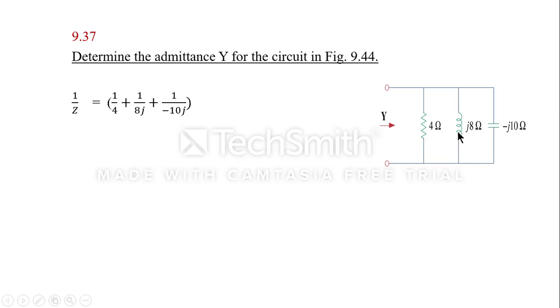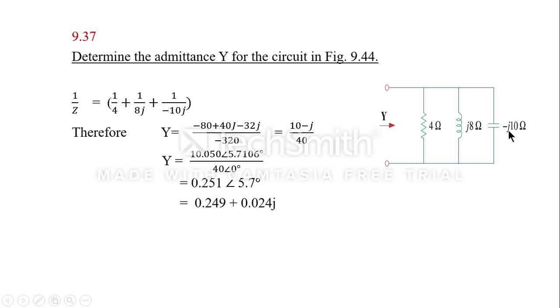One thing to be noted is that they have given us the inductance and the capacitance value directly. Instead, in the previous sums, we had to find XL and XC, whereas in this sum, they have given us the value directly. You can notice this ohm symbol and the J symbol. That's what it implies. So by taking the inverse on both the sides, we get Y is equal to, since admittance is denoted by Y,